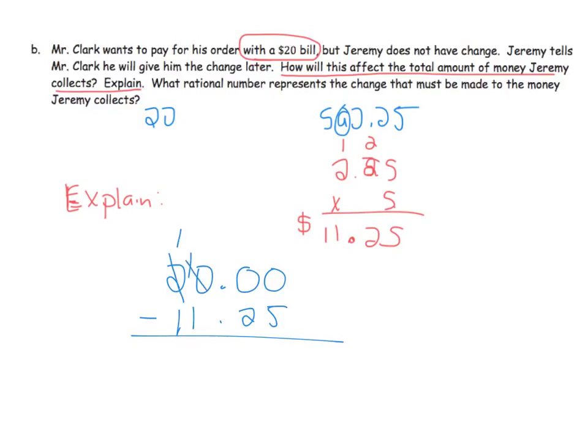And so I'm going to borrow 1 to make a 10, I'm going to borrow 1 to make a 9, I'm going to borrow 1 to make a 9, and I'm going to borrow another 1. So now I can do 10 minus 5 is 5, 9 minus 2 is 7. Here I'm going to bring down my decimal. 9 minus 1 is 8, and 1 minus 1 is nothing. So the change equals